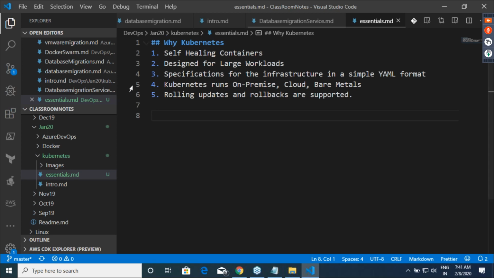So if you run Docker container run commands, and if that container fails, you have to relaunch it. Which means that if the container fails, you need to get the notification. Yeah. So you have to do all of that stuff. Here, you don't need it. Along with that, we have some advantages, but it would be too early for me to speak about them. Okay. So we have everything necessary in Kubernetes to run a large scale application as well.